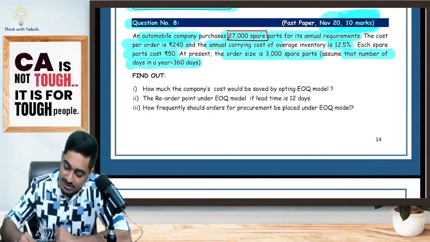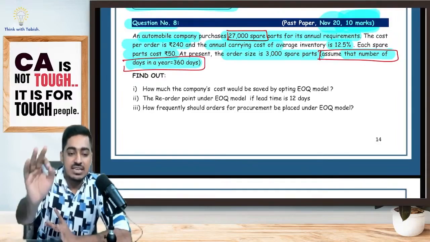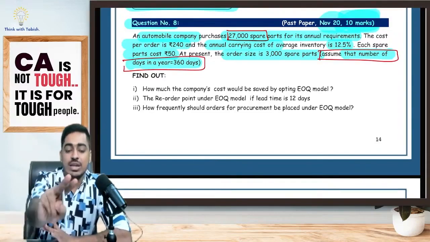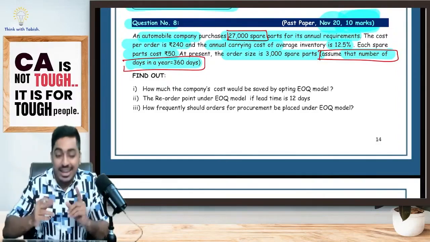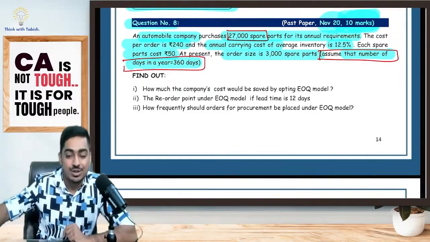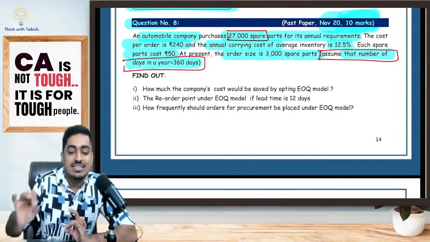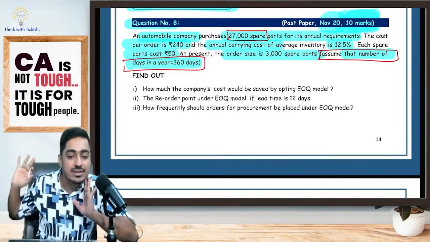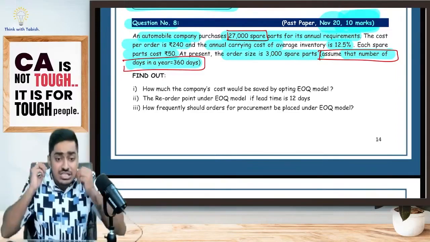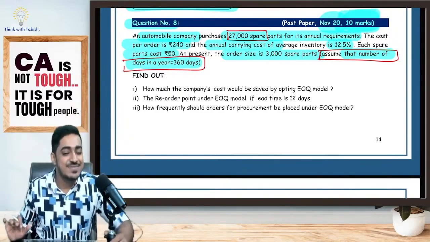But sir, in a year, 365 days are there. Now, remember one thing. Whatever ICAI is telling, we have to assume that. If ICAI is telling that a dog has 2 legs, we will assume that a dog has 2 legs. Don't write a note saying the dog has 4 legs. Don't show your knowledge to the examiner. Whatever ICAI is telling, do that. If ICAI says the year has 360 days, or 300 days, or even 0 days, I'll assume that. The question is above everything. Is this clear, everyone?